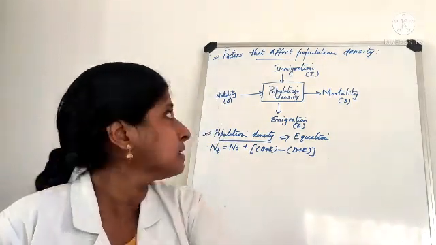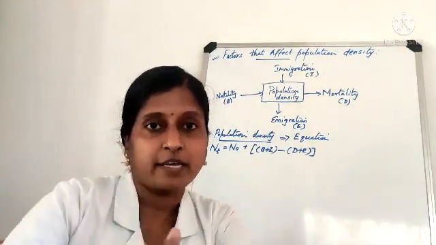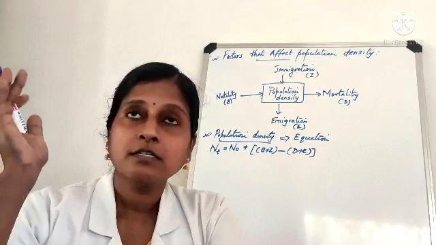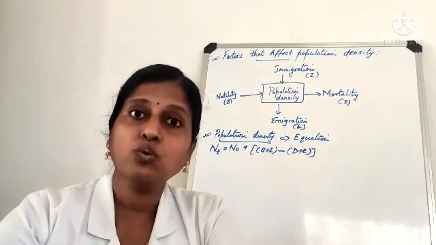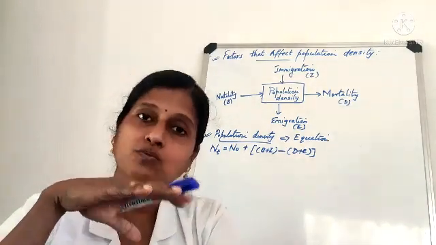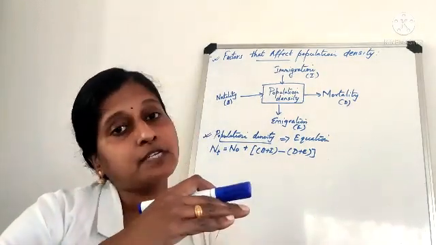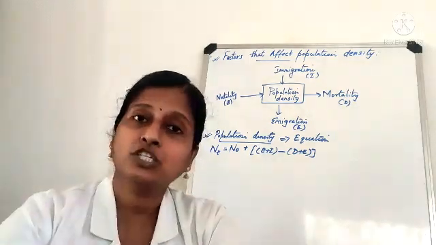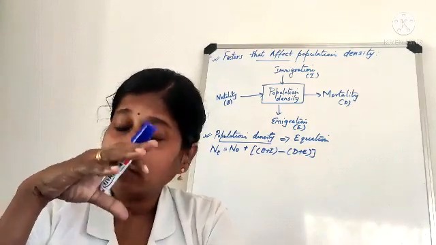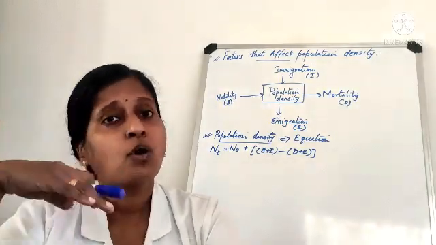Okay. Another term is there: immigration and emigration. So what is the difference between immigration and emigration? See, immigration means you are moving into a population. Like someone who was residing in America is going to permanently come and stay in India. Then we call it immigration. They have immigrated from some other region into our country. What is emigration? Someone from here moving to another country. For example, someone who is residing in India permanently moves to the UK after marriage or for studies or to settle down there.